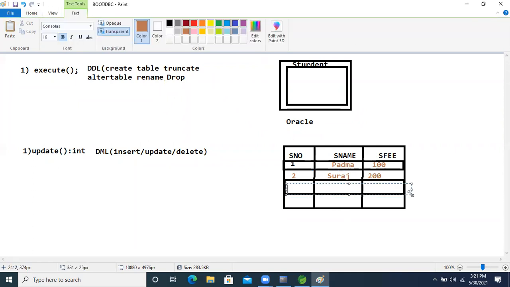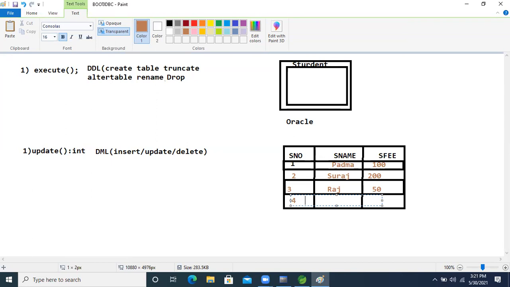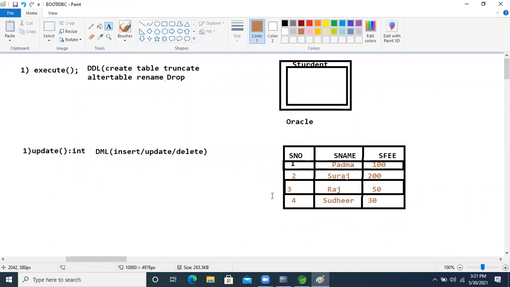Another one more record I'm taking, third, Raj, and the fees is just 50. One more I'm taking, the fourth, Sudhir, just 30. So like this, this is the record in the database. If we want to delete one record,